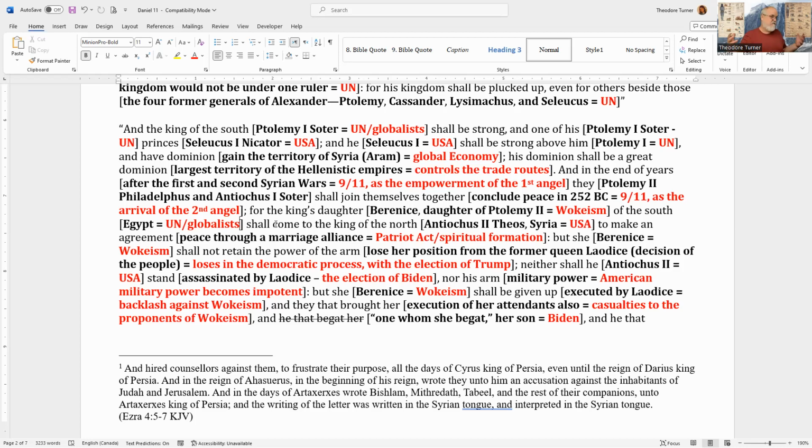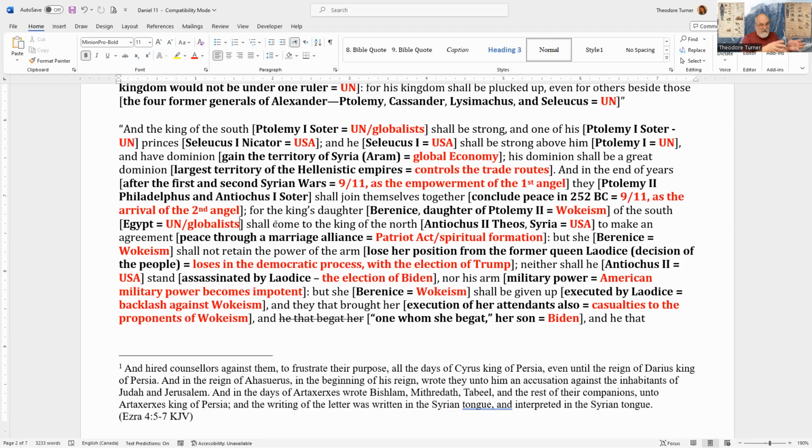now the thing is, we have the election of Trump, but Trump isn't really represented by any person, right? Or anything here, other than we see that the decision of the people has this process against wokeism. But Trump isn't like the king of the North or the king of the South in this line, right? So that's where I have a little bit of problem with the election of Trump.